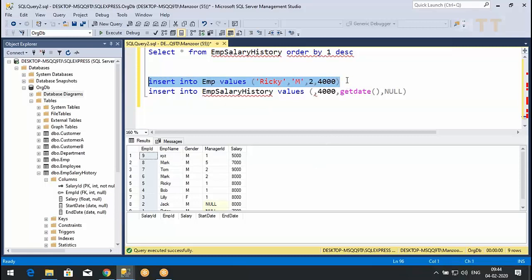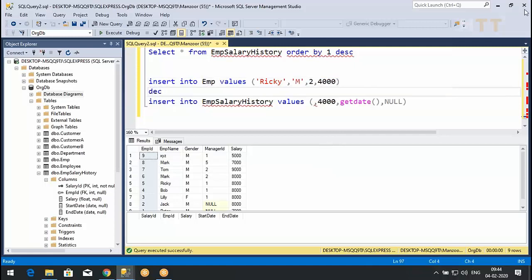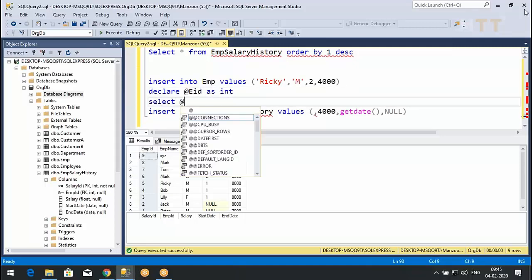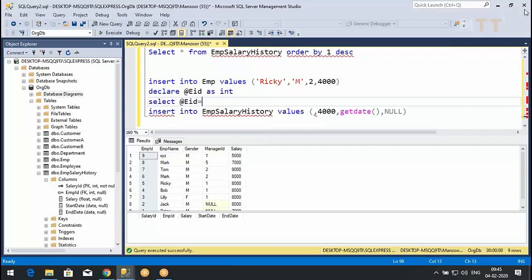Now you may say, Sir, let us do one thing. Let us declare a variable, @EID, as int, and you mean to say select @EID equals EID from EMP, or you can say max of EID from EMP.